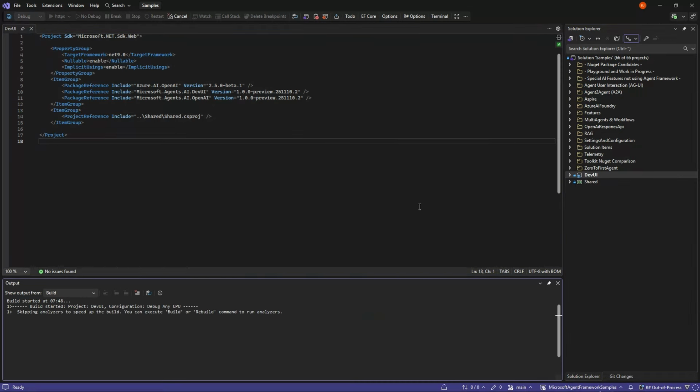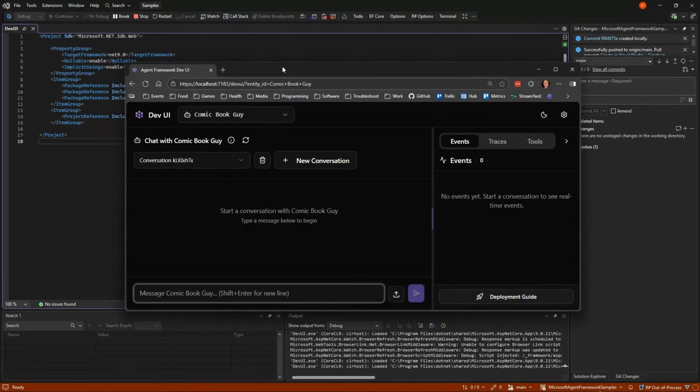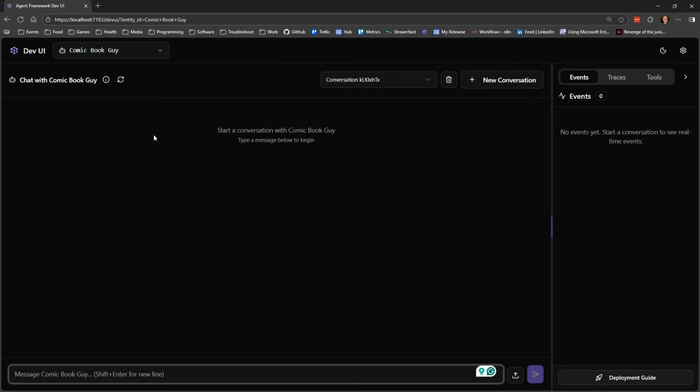Because this is a web API running normal ASP.NET Core, and once it runs, we end up with this website. And this website is a developer website, a little like Aspire started out as a developer website, or something that you don't release, but is something you have doing testing and deployment and so on. And what it can do is we can just talk to it.